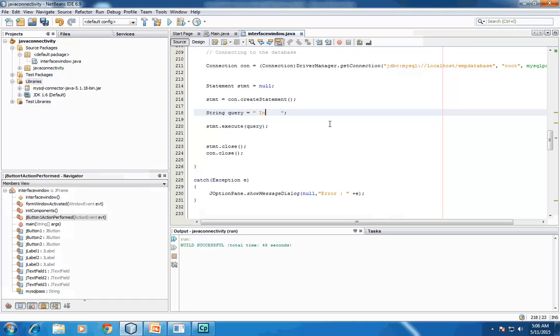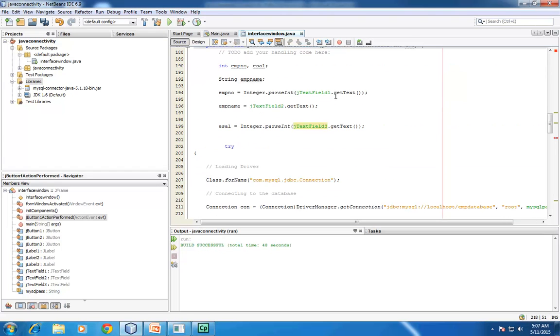I will use capital letters: INSERT INTO emp VALUES. The method of inserting data in an SQL table is that first you write this, then plus, and then a bracket,